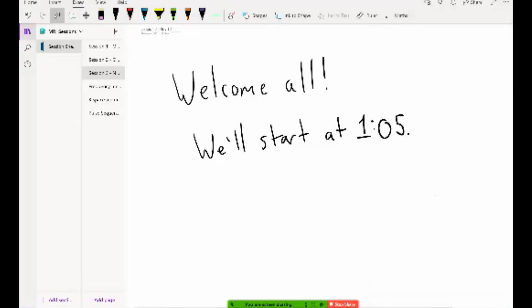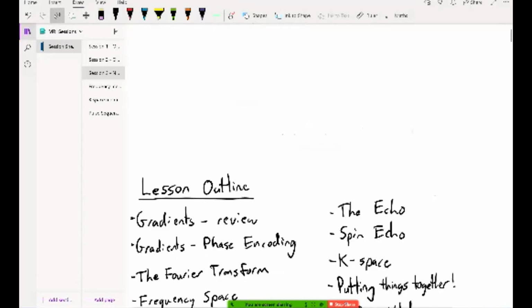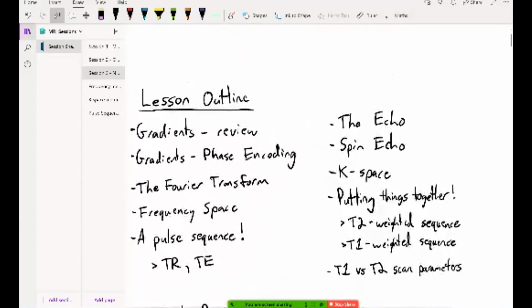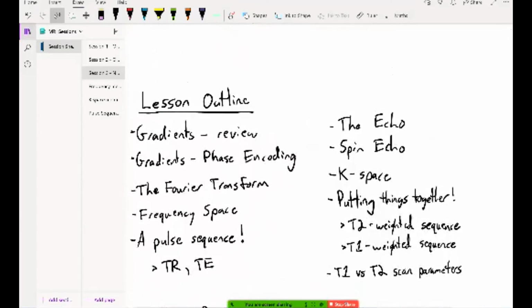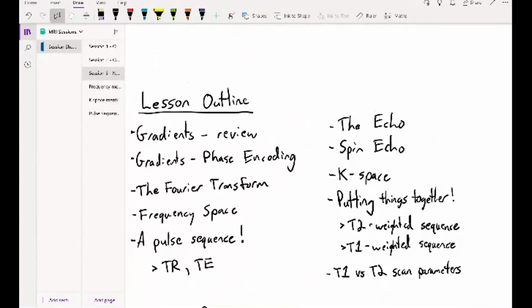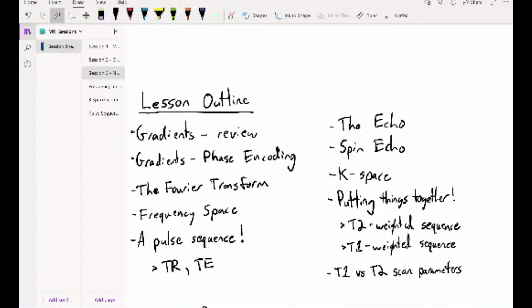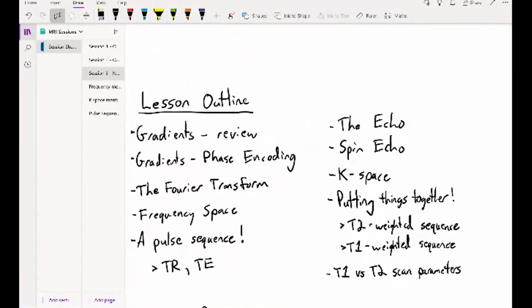Again, before I forget, that means we're going to wrap up gradients. I can go down to the lesson outline here and talk about what we actually do with the signal that we are collecting. So far we've been talking about signal as just a general concept, but how does that actually create an MRI image? We'll jump into that today, and we'll start putting together these pulse sequences as well,